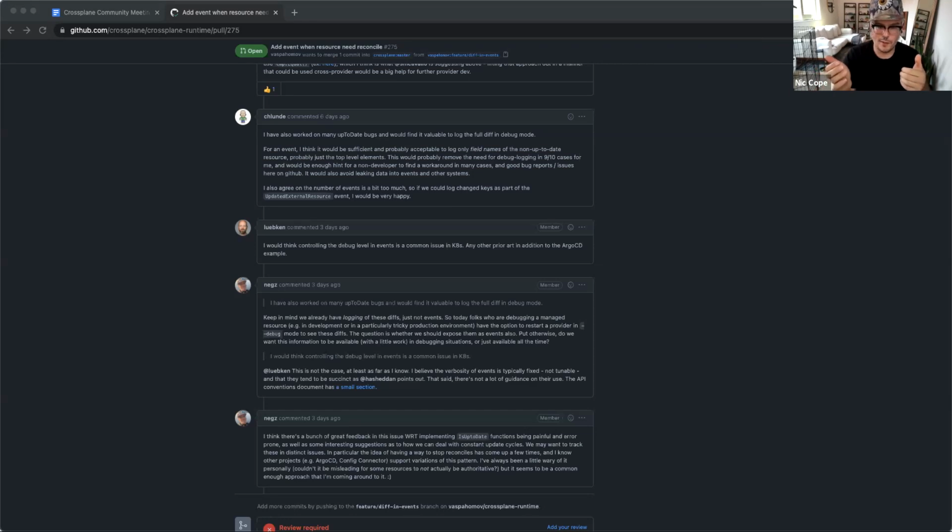And this has been, I guess, a little bit more controversial for a lot of folks. The idea there is that you could do a kubectl describe on, let's say, my RDS instance, and if it was needing an update, it would actually include a diff in its events that says, here's why it needs an update, this field changed.